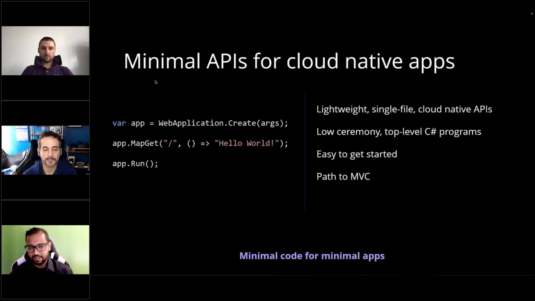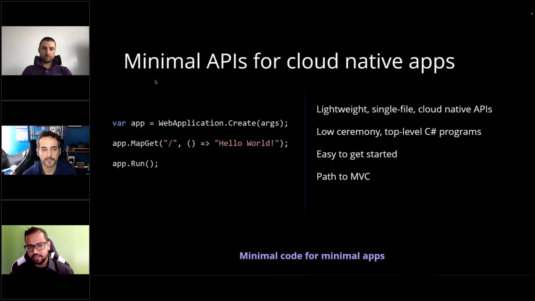But if you just want some data over a RESTful API endpoint, this is a really easy way to think about it. You don't have to do this. No one's forcing you. You can still do the full web API. But my point is, if you have a web API project today that's running on .NET Framework or .NET Core 3.1 or .NET 5, much of the data that you're pulling is either through Entity Framework or stored procedures. That type of code really doesn't have a lot of dependency on Windows or .NET Framework. So consider, if you can, moving things over to .NET 6, because you're going to gain a lot of performance.